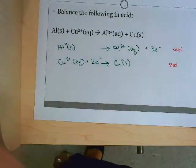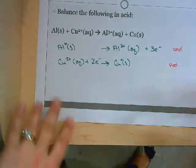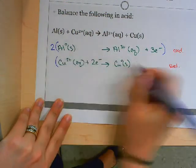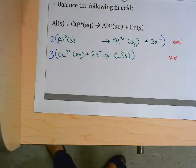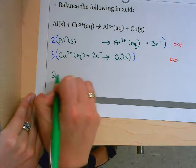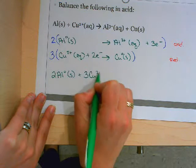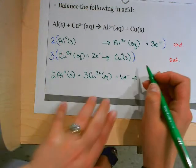What would happen if I added these two halves together right now? It wouldn't work, right? I have leftover electrons. How do I solve that problem? So I need to multiply this whole thing by 2. And I multiply this whole thing by 3. And by doing that, now I'll have 2 of these and 3 of those. And 6 electrons, making